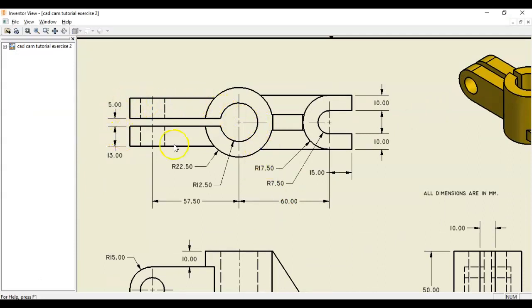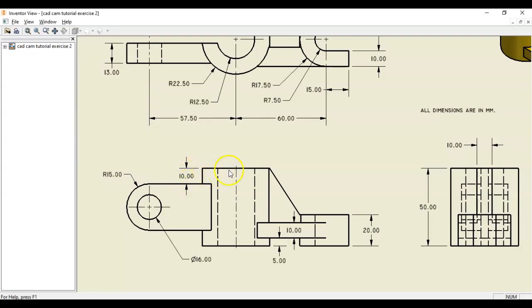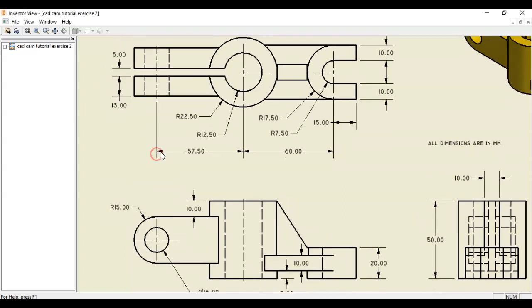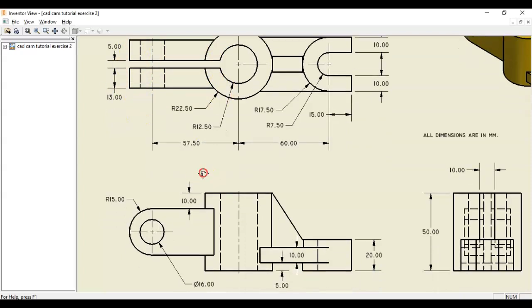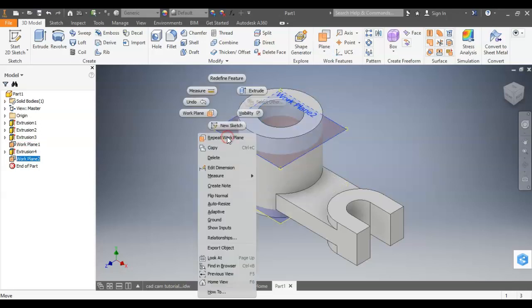Let's make this part now. So that is 10 below the top, and this outside radius is 15. So what I'm going to do is I'm going to draw these on the top, but I'm going to make a plane that's 10 down. So I'm clicking on plane, clicking and dragging downward, and again this is going to be -10, and then on that work plane right click new sketch,